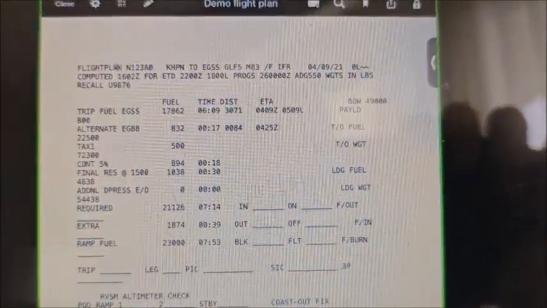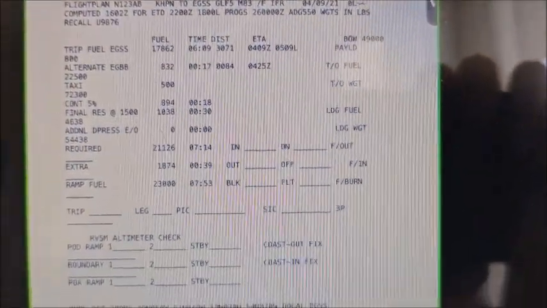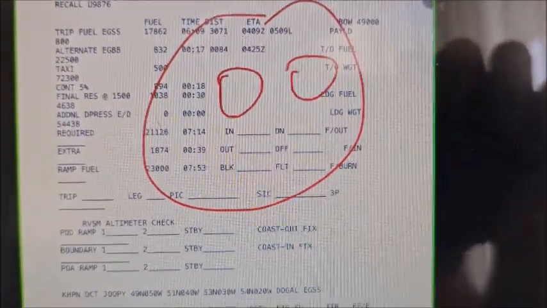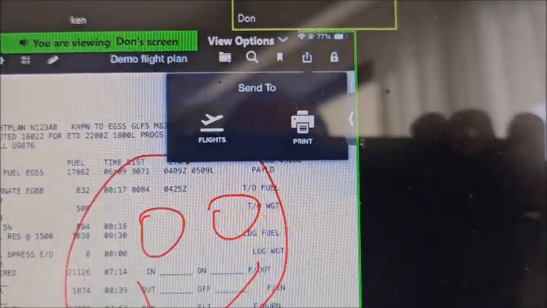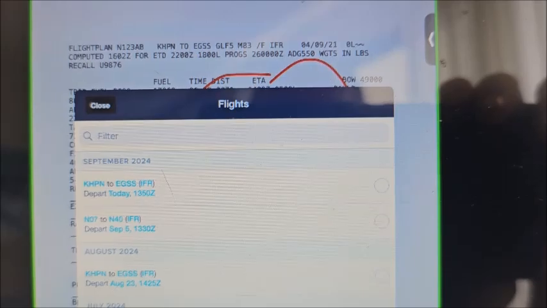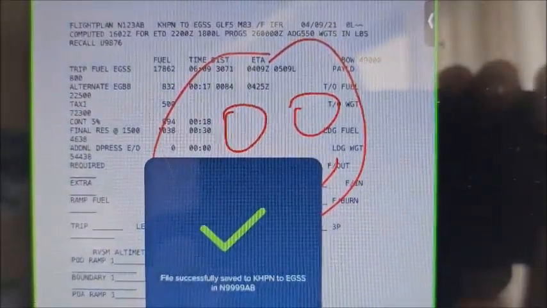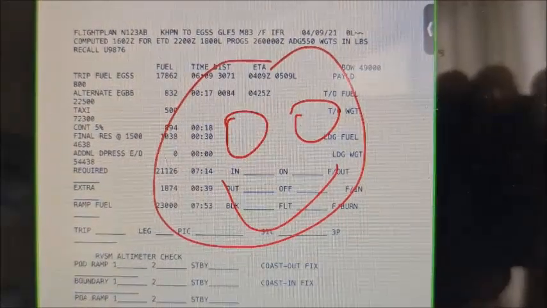So now I'm going to do a little bit more editing. And in this case, I'll just add a happy face. And I want to save this work as well. So I'll tap that, hit flights. Which flight? Always the first one. Select the flight plan. Now at the end of the flight, I'm going to have, let's go to flights here,